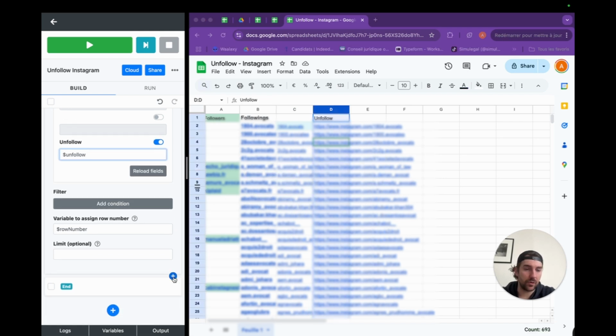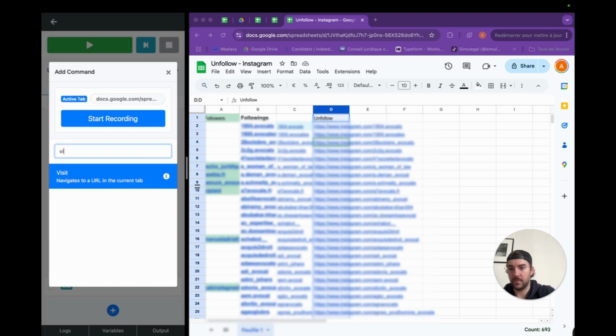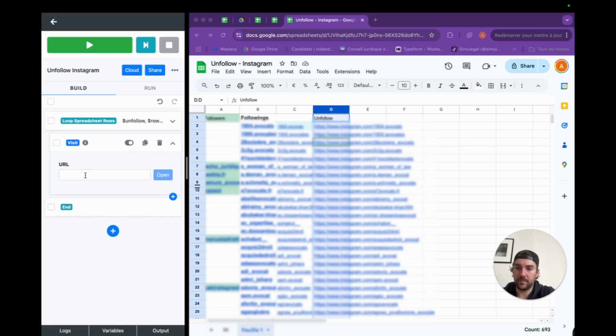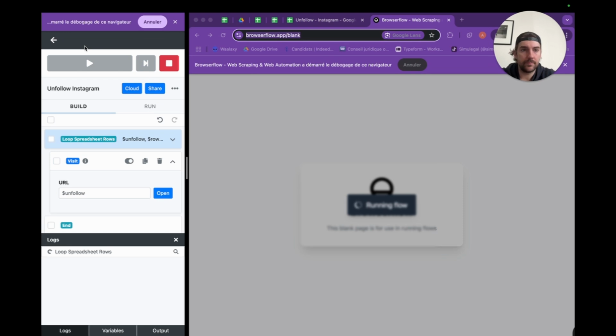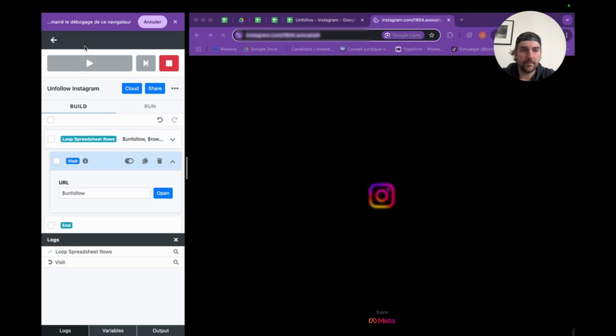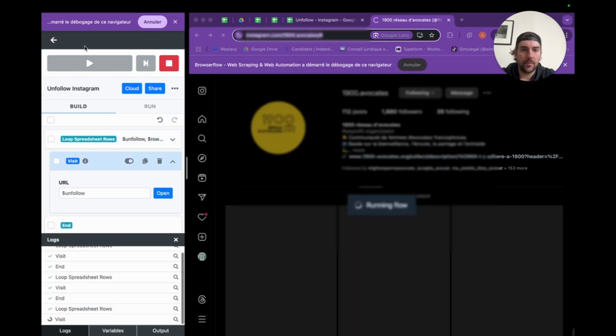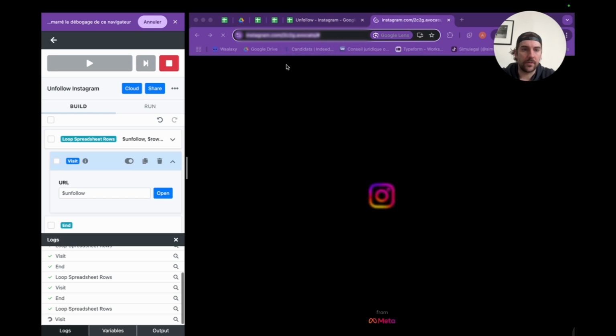Now we're going to ask Browserflow to open each of those URLs. So we type visit, and here we're going to write $unfollow. So we can already test it. And we can see that it's opening all of the different URLs.